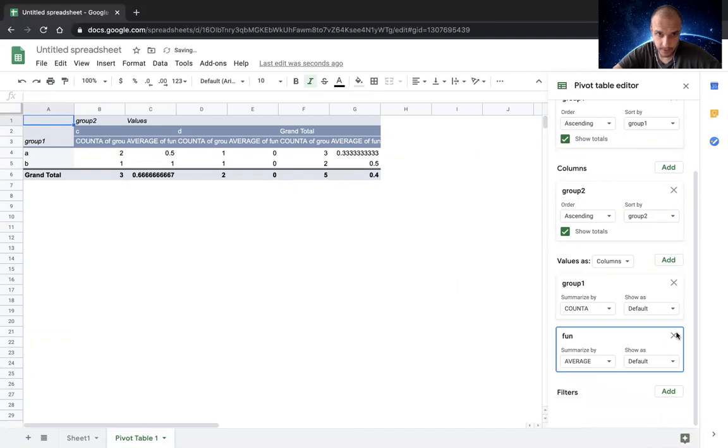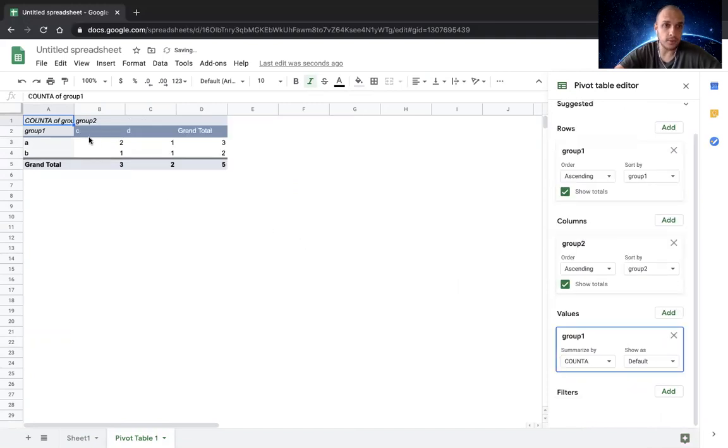Salary and fun. You see, only for accounts. So now we have this kind of cross table. And I personally do not like these cross tables, and I never use this feature. Only when my boss asks me. Only a boss, manager, project manager, I don't know, marketing person could want this